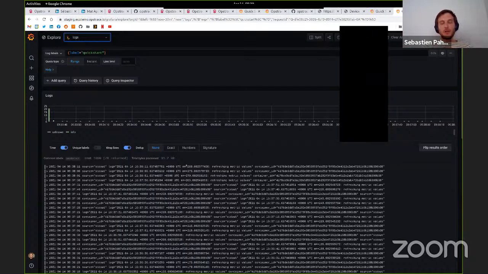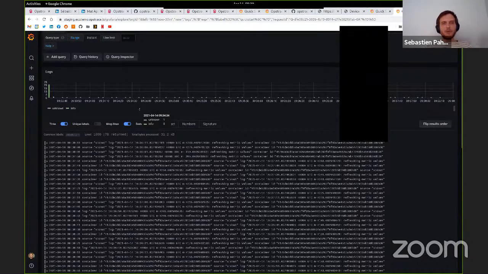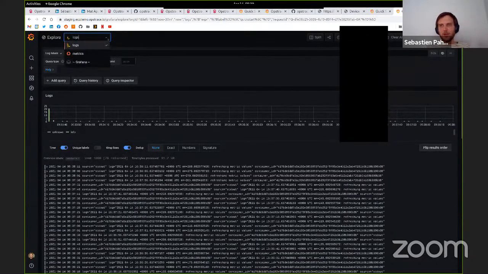That allows you to do a lot in a very cost-effective way compared to an Elasticsearch index, which requires live machines and a lot of RAM and a lot of disk space, which in the cloud world are very expensive. So this is to showcase this. Both are coming from my laptop, the logs and the metrics.